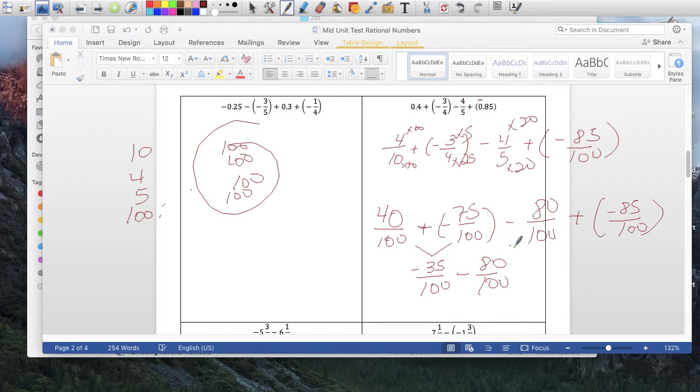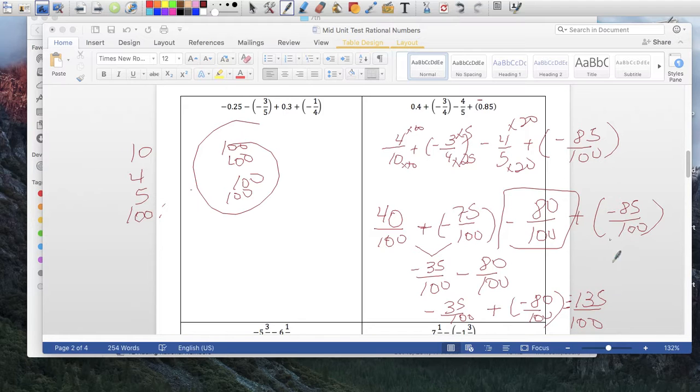So we're going to do this one, right? 35 over 100. So keep, plus negative 80 over 100, right? So they're both negatives, and you're going to get 100 at the bottom, and negative 35 and negative 80 is 135,